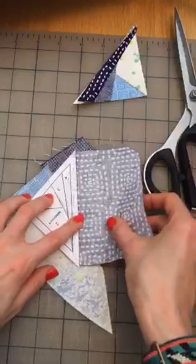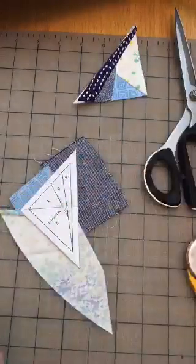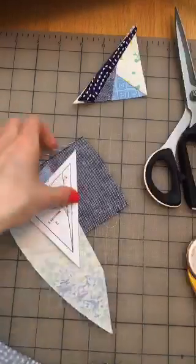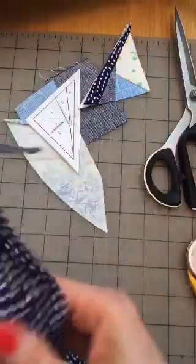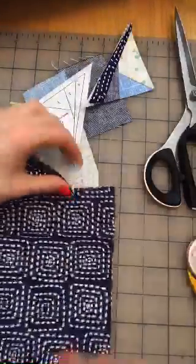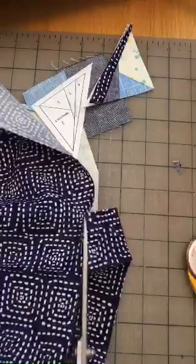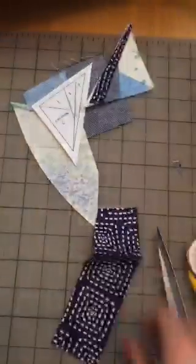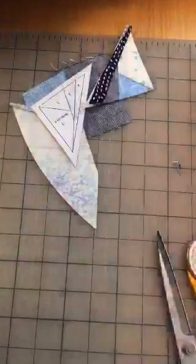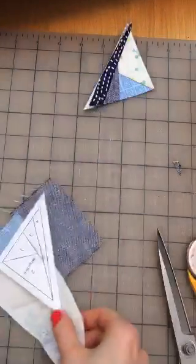Ooh, I think this scrap isn't going to be big enough because you see it doesn't get all the way to our seam allowances there, so I will grab a new piece. Move this up so you guys can see a little. Ooh, here's a good piece. Is that big enough? Yeah, I think that'll be great. I'm going to just trim this chunk right off, just with my scissors. Just a blob. I'm not cutting perfect strips or anything. See, it looks a little crazy. It does have a fold in it though, so I'm going to quick press that. Okay. Back to the...